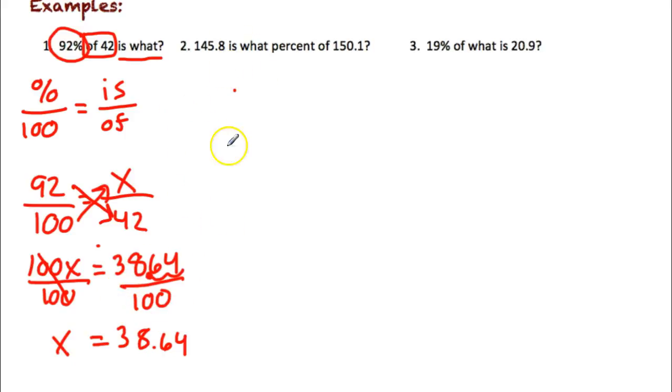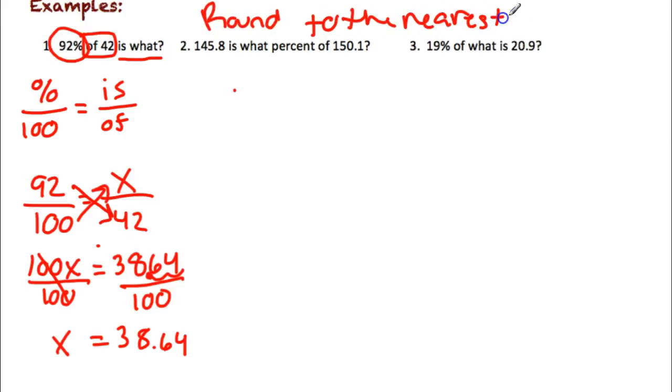But what I want you to do whenever you have an answer in this section is round to the nearest tenth. So what does that mean? When you have a decimal, let's say 5.2, we just want to have one decimal at the end. We don't want 2, we don't want 10, I just want one decimal. So over here, this says 38.64. How do you round? Well, if I draw a line after the 6, because I want one decimal,